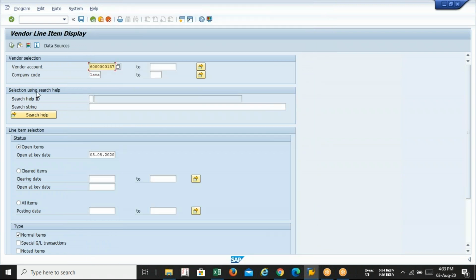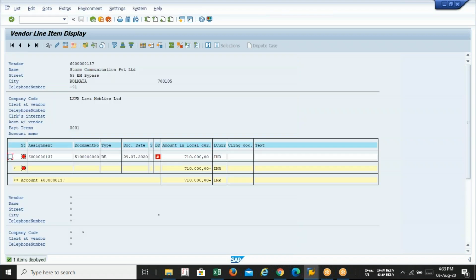Do not click enter, just click on execute. But before that, select all items and execute. You can see there is a 7,10,000 pending amount for my vendor.